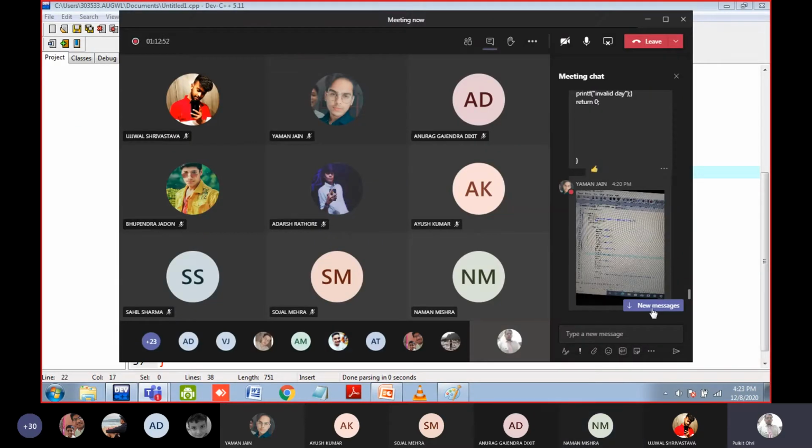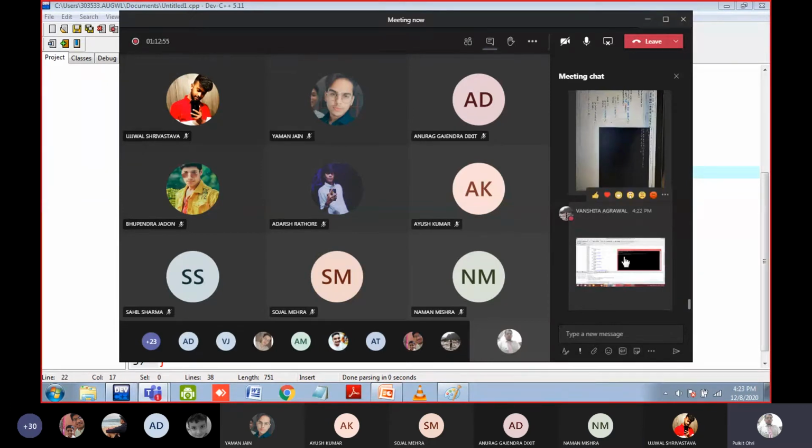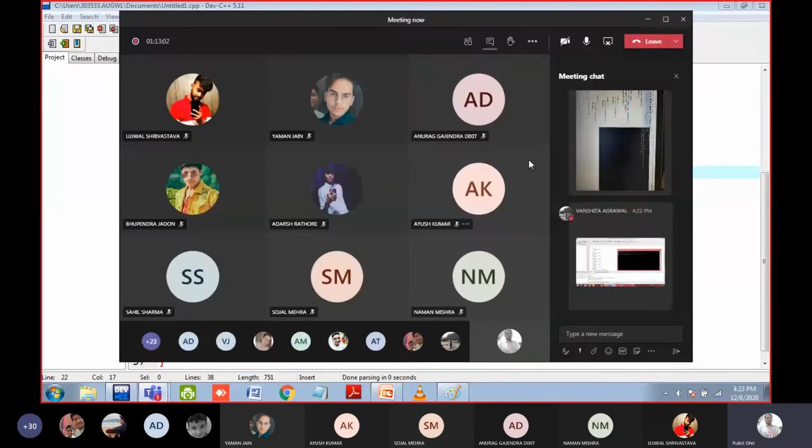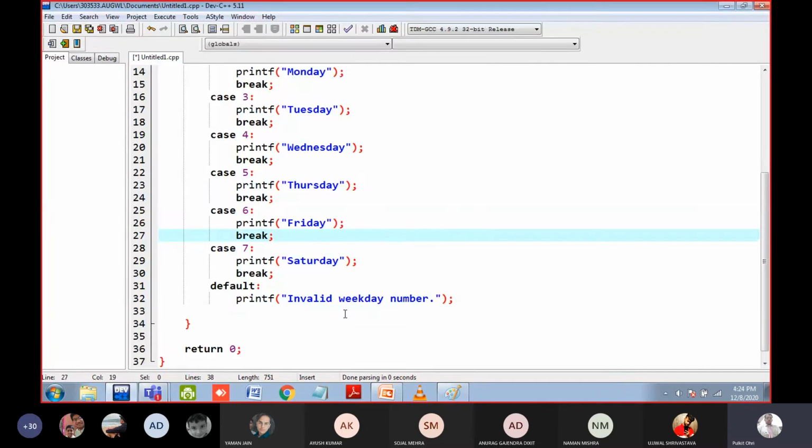In every case, you need to write the break, or you can write the break in every case and in the default also, okay? Because you know default is the last statement, that's why I'm not writing the break statement, because that is the end, it will automatically break, so we do not need to write the break. But if you want to remember the thing, write the break here, no worry, it is fine.